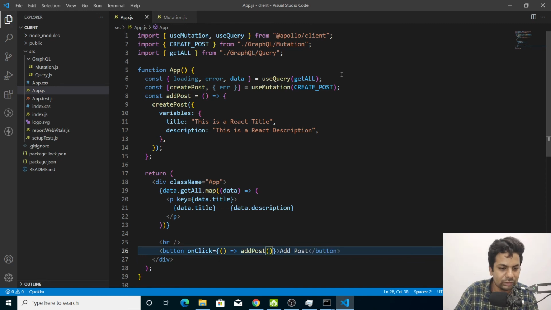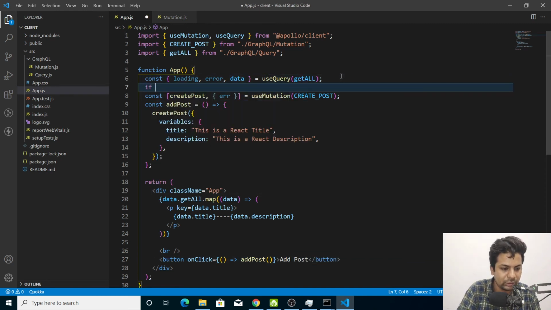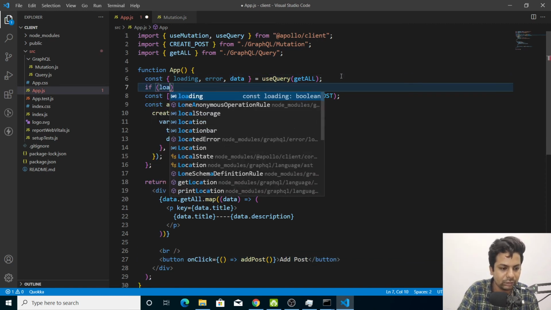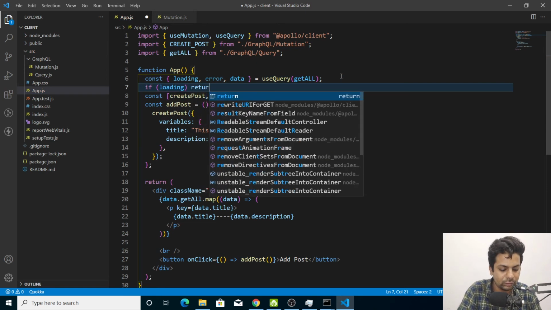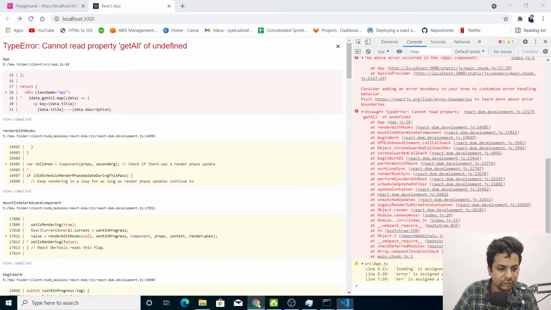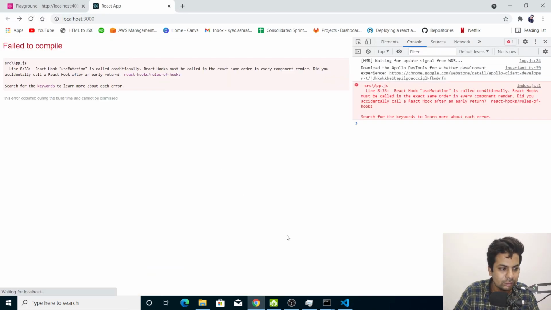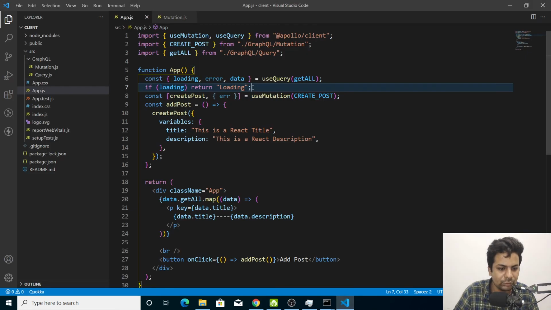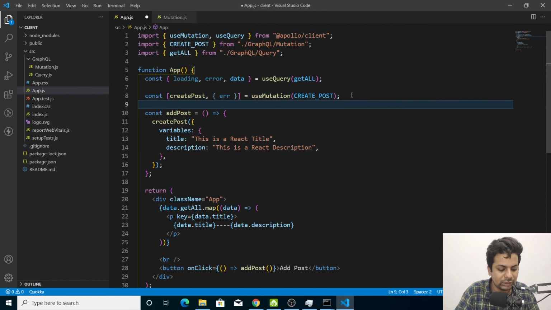So let me just do if loading, return loading. Okay, I'm using mutation, so let me just cut it. I have to put it after here. Now I think it will work.